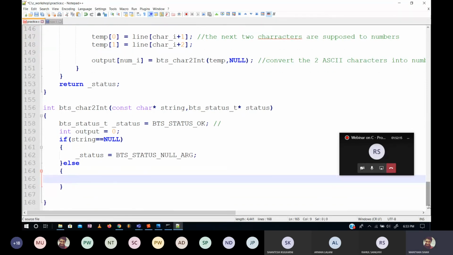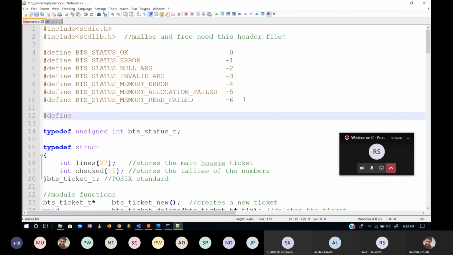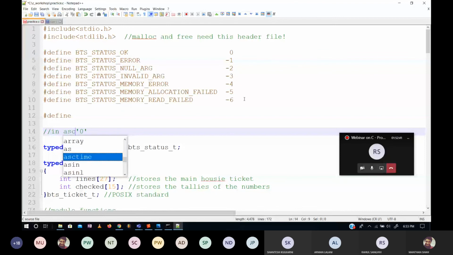Since the size is going to be 2, we'll use the constraint. Now I know that if you look at the ASCII table, it says that the character 0 has a value of 48, and the next character has an integer value of 49.